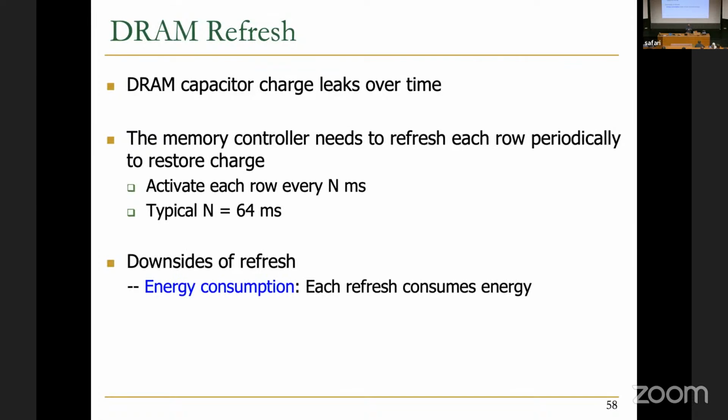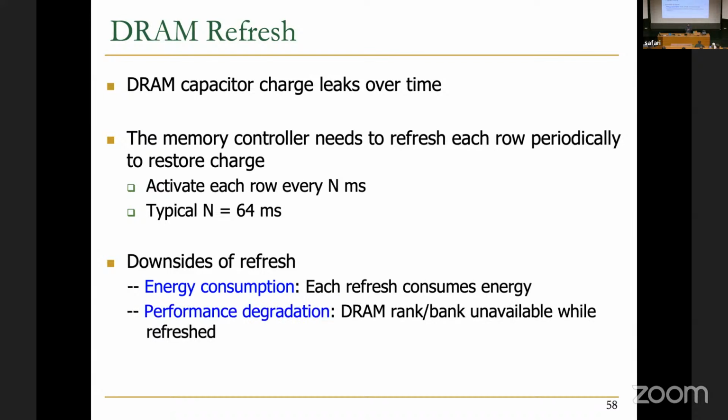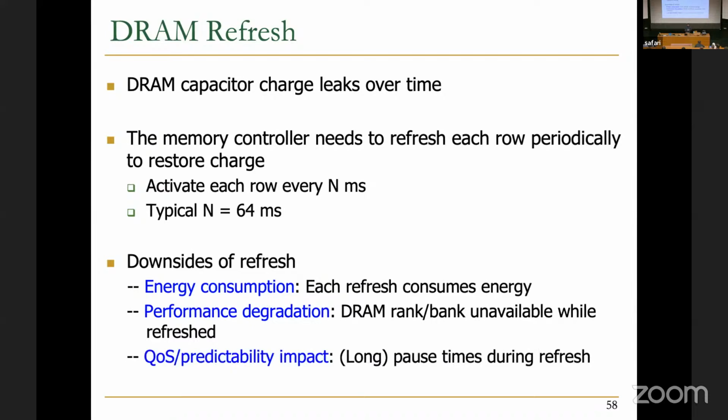The downsides of refresh: the first one is energy consumption. If you remember how you refresh a row, you basically activate it and then precharge, and it drains a lot of energy. So it's an energy hungry process. Also, it causes performance degradation because the whole DRAM rank or a bank is unavailable while the refresh operation is going on. And it can also introduce long pauses to timings,